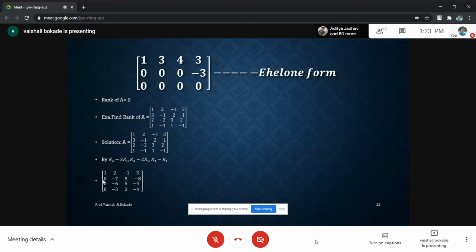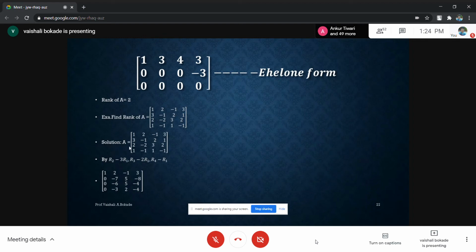Concentrate on my cursor, or arrow. Otherwise you will not get the things, students. Yes. So now I have to go for minus 1 minus 3 into 2, which is minus 1 minus 6. So this entry is minus 7. Then 2 minus 3 into minus 1, so 2 plus 3, I am having this entry as 5. Then 1 minus 9, 3 into 3 is 9, so I'm having this entry as minus 8.